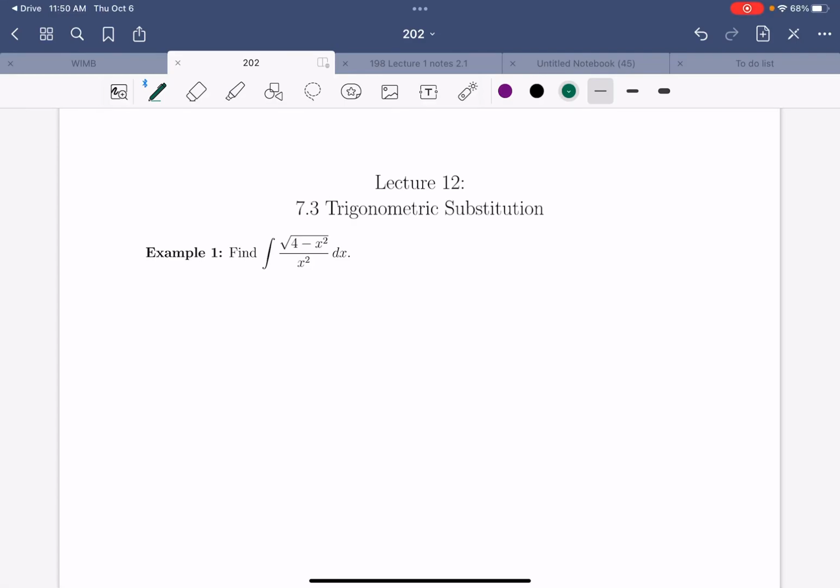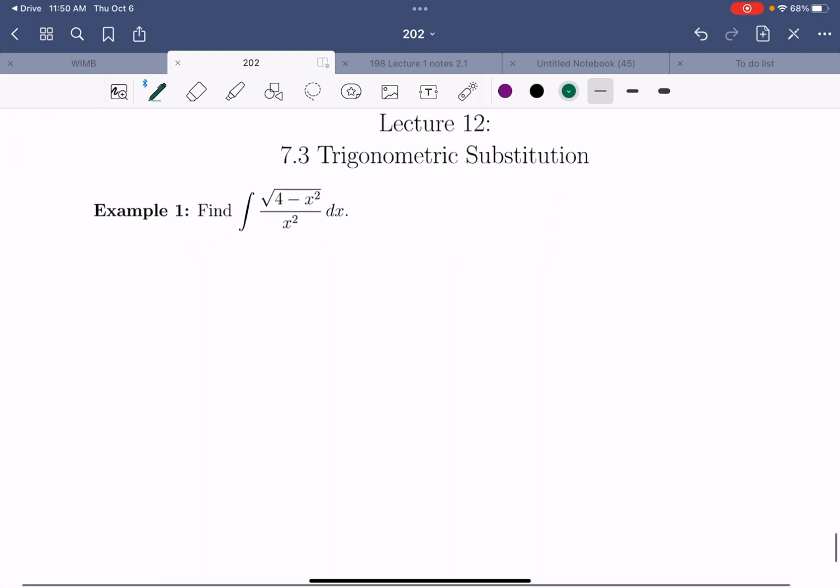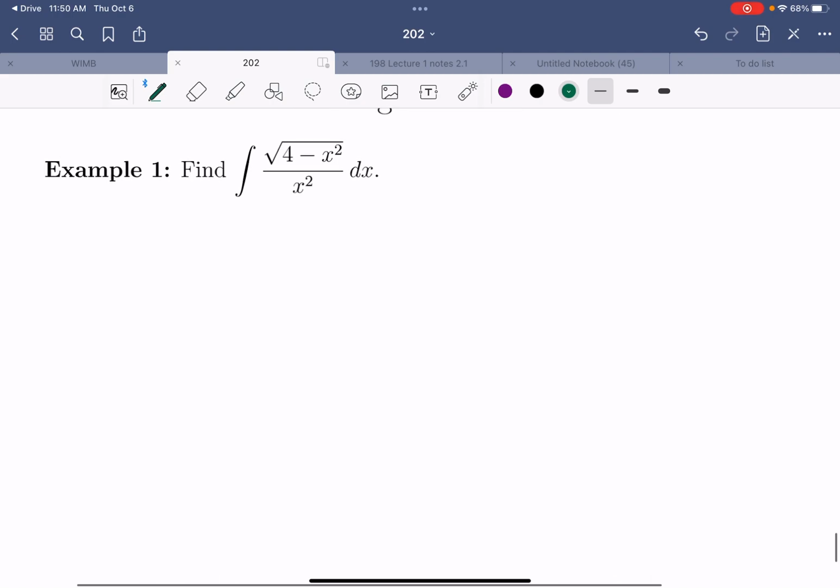Welcome to Lecture 12. This is Section 7.3, Trigonometric Substitution. So we've done substitution where you choose a u and it dictates a du. In this case, we're going to make a substitution that involves a trig function. So you're going to choose an appropriate trig function that's going to allow you to get out of some of these square root situations. So when you take a look at number 1, we are going to be trying to